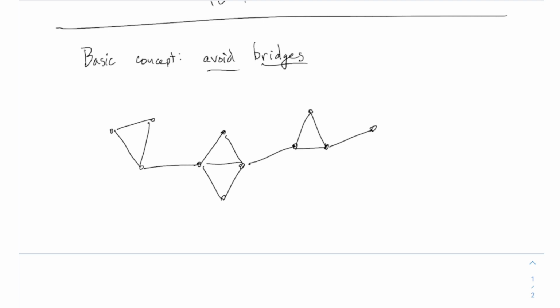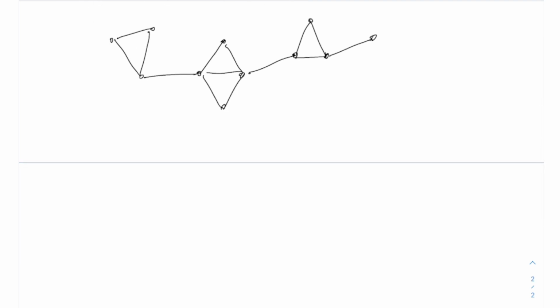This is a graph here. Certain of these edges are called bridges. A bridge is an edge where if you were to remove that edge, the graph would become disconnected. So this whole thing is connected right now. It's all in one piece. But there are certain edges where if you were to take them out, the thing becomes disconnected. So an edge is called a bridge